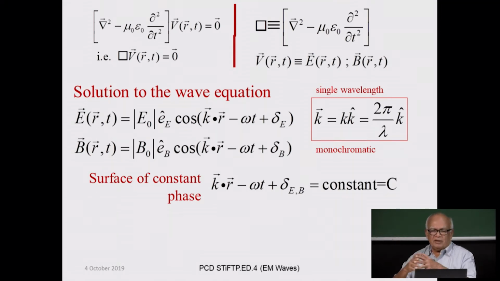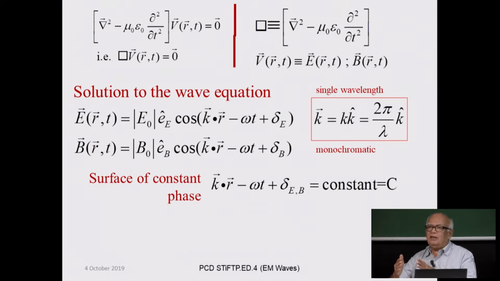If the argument is kz minus omega t plus delta, when will this be a constant? When the differential of kz minus omega t goes to 0. So, the differential will be k dz minus omega dt,